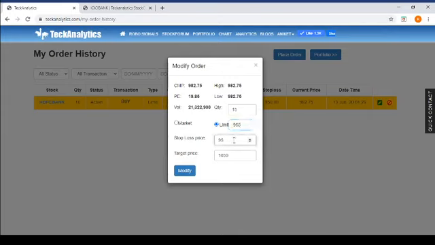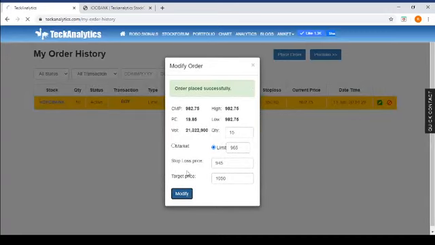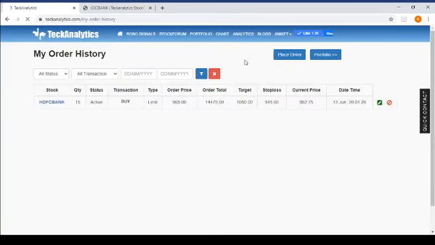The stop loss I will keep at 945. Target selling price I will keep the same. So you click modify. This is very important. Order placed successfully. This is very important to understand, because when you go to the market and you become active